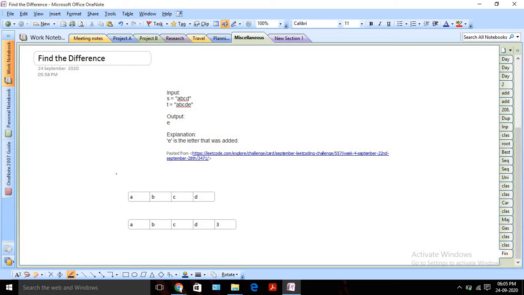So first, one basic naive approach we can do is to pick this character and check whether this character is present or not in the second string, right? So that can be one approach, and we need to do it for the second character also, then the third character also, then the last character also, right? So this is a brute force approach, right? We are basically comparing each and every character of these two strings.